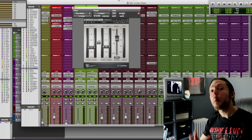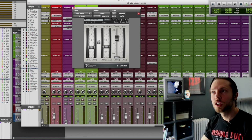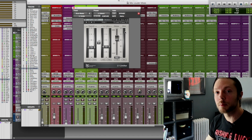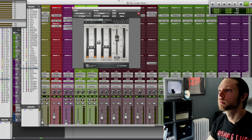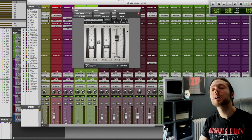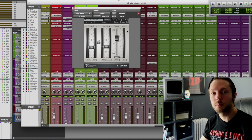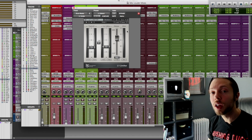So as you can tell, it's not majorly affecting my drum sound. It's just controlling the transient on my snare drum a little. So I'm gonna play it back again and I want you to pay attention to how much gain reduction is happening in the gain reduction meter within my limiter. So as you can tell, about 3 to 4 dB of gain reduction is taking place within the limiter, which is nothing extreme. But the magic here is how much this is actually controlling the overall level of my drums,